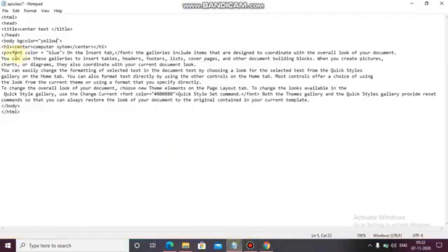While using font color, you can change the color of your particular text. And if you want to change the color of your whole document, the text which you have written, then you can write body text equals to the color name or the color code.